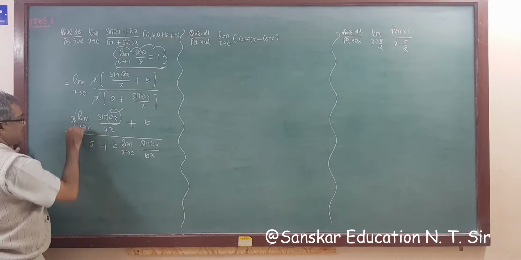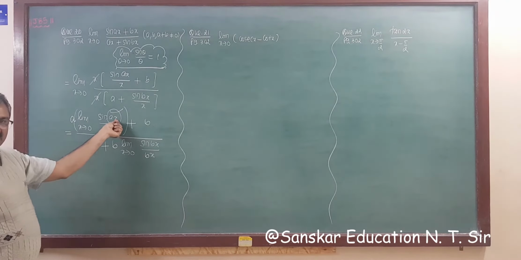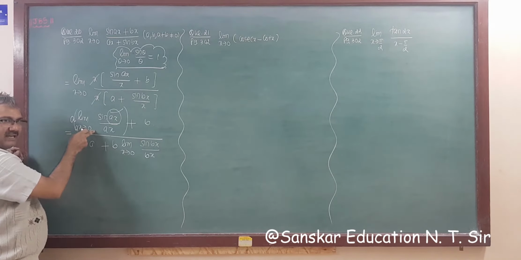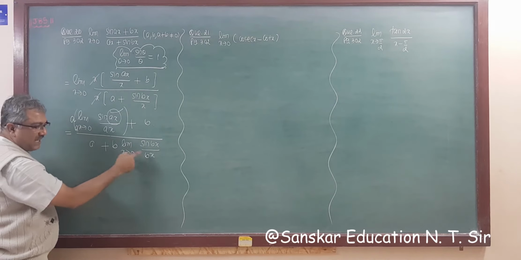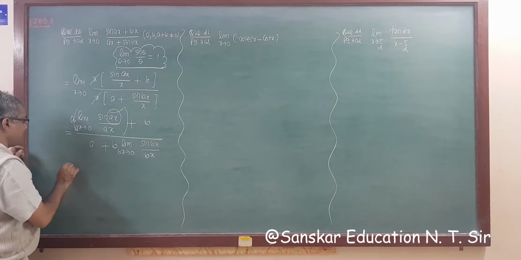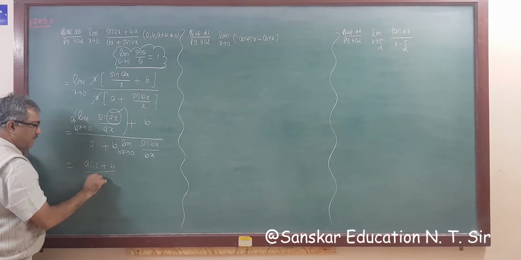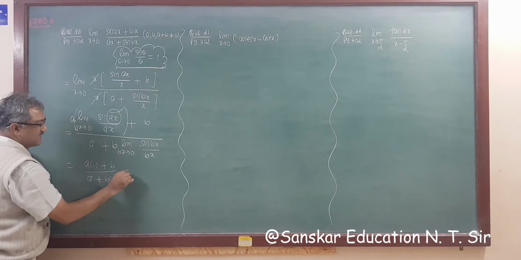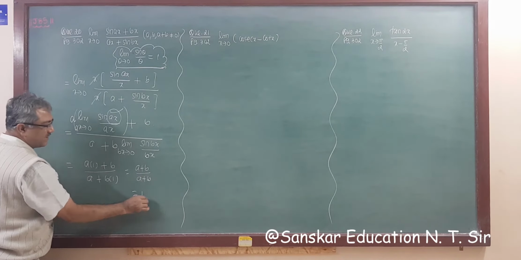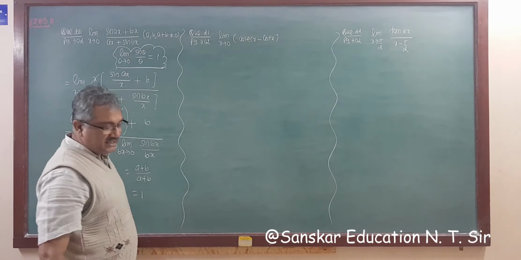Now what is the answer of this? Answer of this is limit x tends to 0 sin ax, that is theta. So if I multiply this limit by a, then ax tends to a into 0 is always 0, and bx, so I am multiplying by b, then 0 into b is always 0. So answer of this is 1. So a into 1 plus b whole upon a plus b into 1. That is what we get, a plus b upon a plus b, that is 1. Got it?